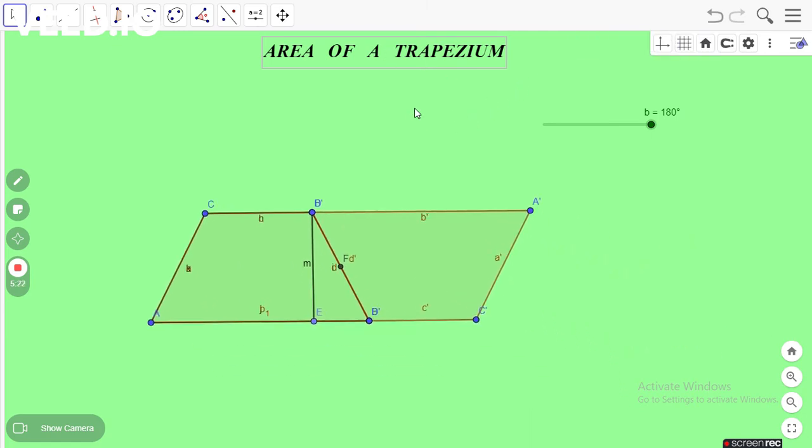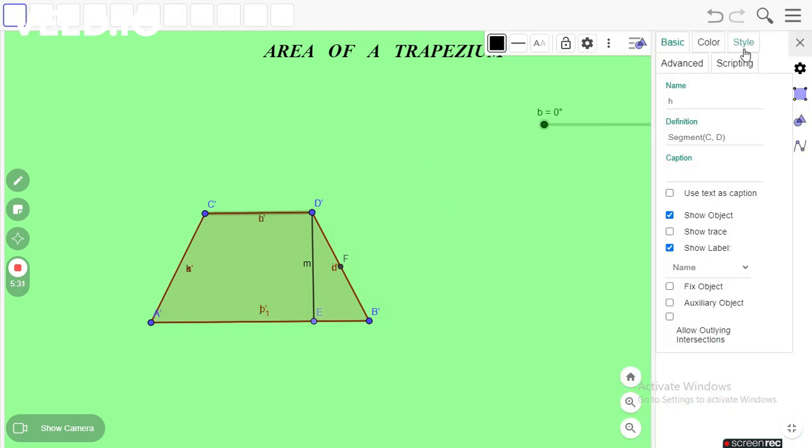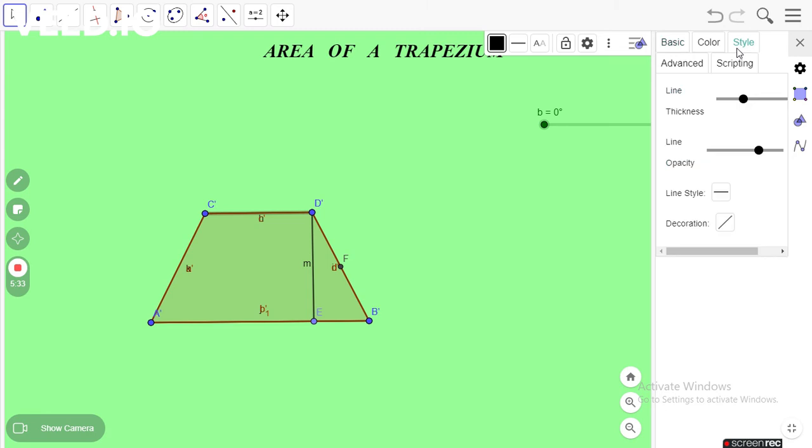After that, we will go to this line, go to the settings of this segment and style the segment. We will decorate the segment. This segment also. Segment AB.